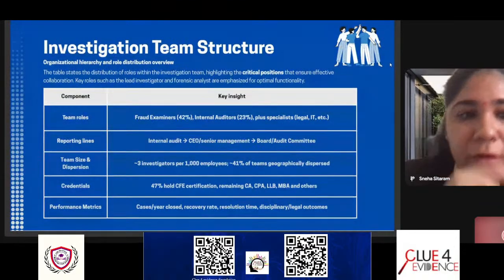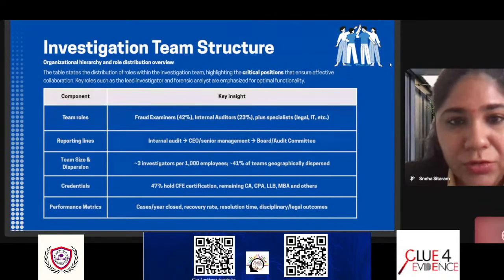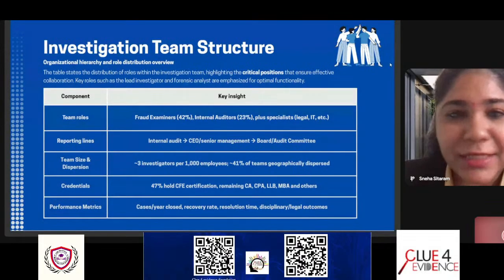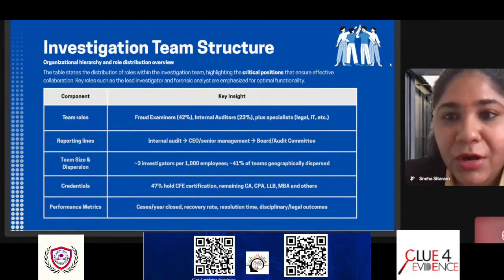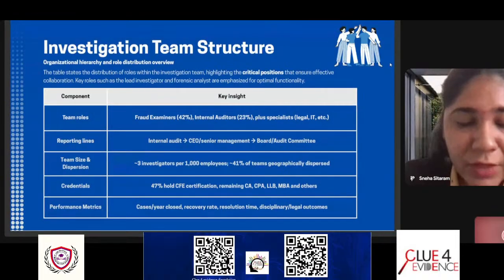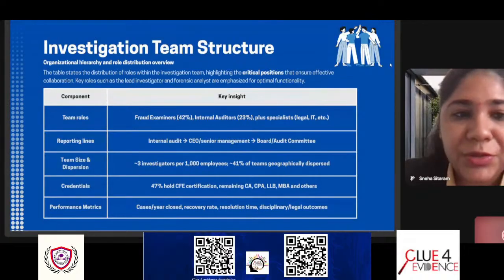Yeah. So coming here, we will be talking about the team structure. What kind of structure should an investigation team have? Do you need a team to investigate, first of all, is one question, I understand. What happens here is that investigation is always on a larger scale. If you see losses of more than lakhs or crores, you need a lot of experts to understand